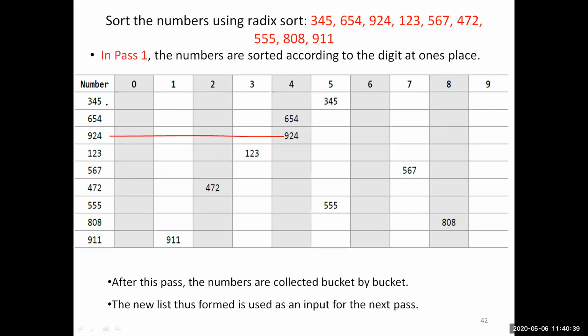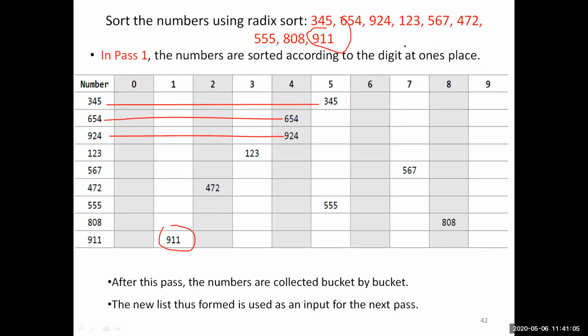Like this, when I take 345, I'll place it directly in the first row. 654 is in the second row, so I'll place it accordingly in its bucket. Then I take 924, and I'll place the particular element in the particular bucket. Like that, I'll fill all the elements in the matrix. So at last I have 911, so 911 will be placed accordingly.